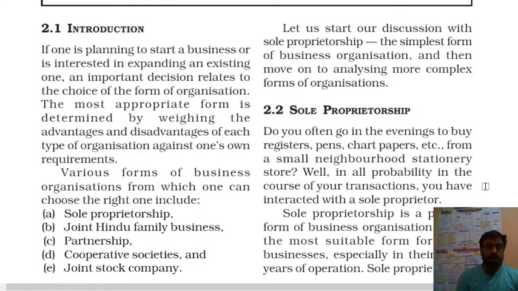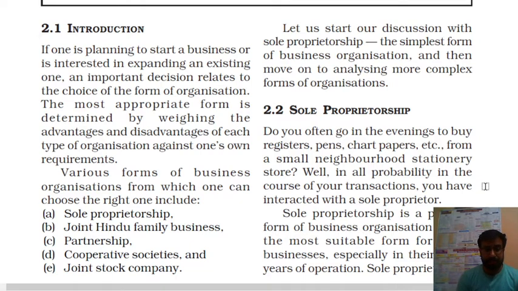For example, suppose you have a very small business, then you can go for a different form, that is sole proprietorship. For a little bigger size of the business, it includes partnership firms. Or if you have an ancestral property, meaning property inherited from your ancestors, or it is a family business, then we call it a joint Hindu family business. Similarly, we have cooperative societies and joint stock companies, which we are going to discuss in detail in later discussions